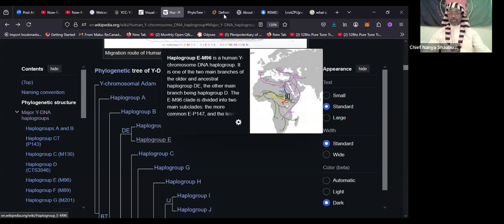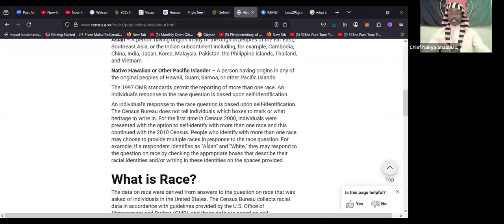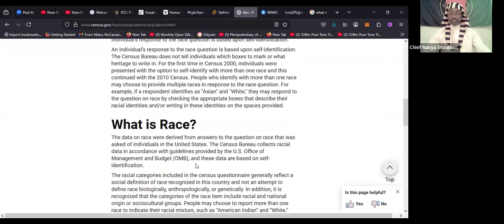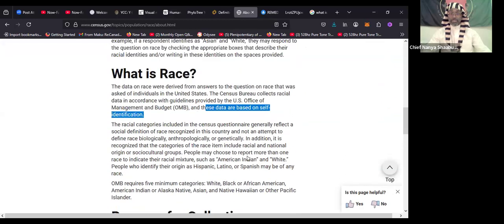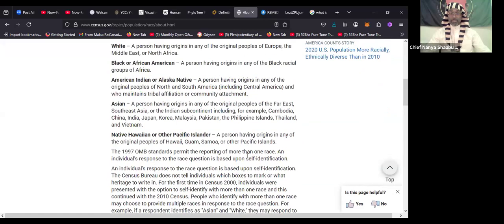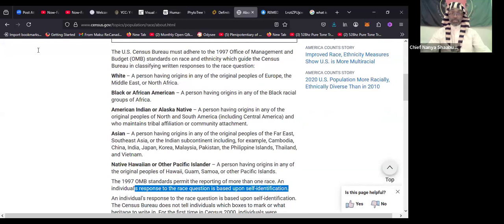So that's wrong. Furthermore, you have the right to self-identify, because the data are based on what? Self-identification. An individual's response to the race question is based upon self-identification. And these are the same definitions. I'm going to leave them right here. These are the same definitions that the NIH, National Institute of Health,